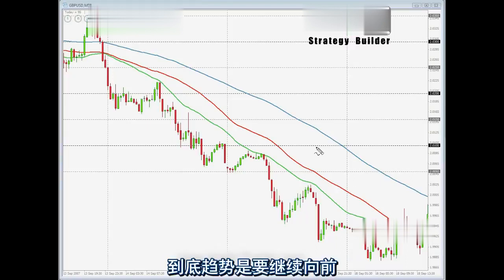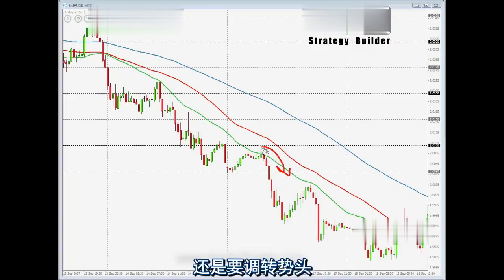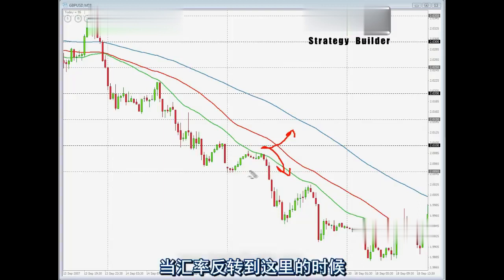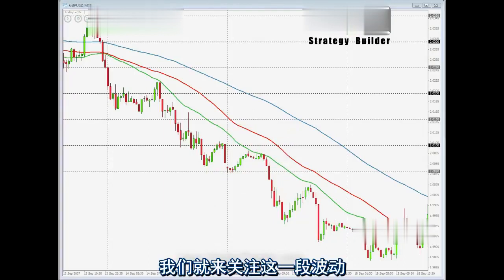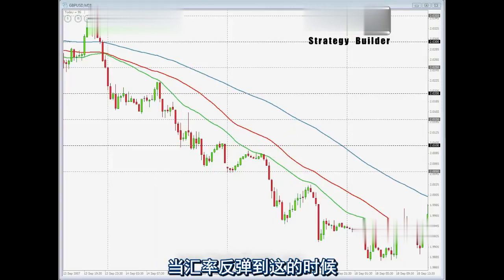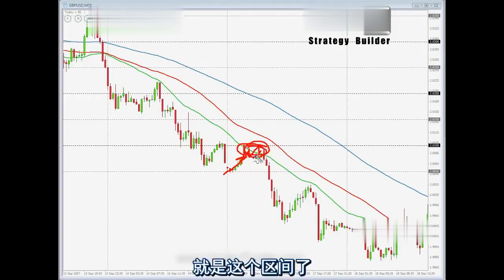Okay, whether the trend is to continue down, or whether it is to breach through and therefore jeopardize the whole trend. Okay. So, as price retraces back, we are now going to be focusing on this swing here, on this whole swing back here. As price retraces back to the decision-taking area, which is this area around here, the market